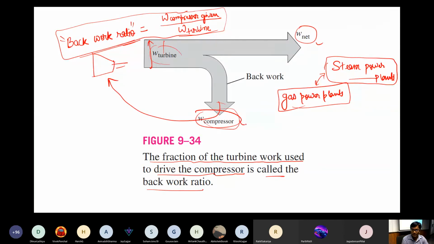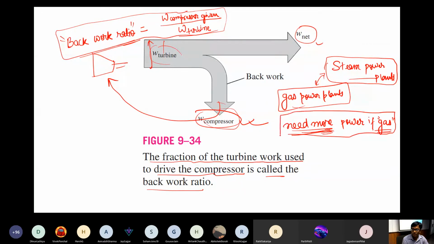This compressor needs more power if the working fluid is gas. What could be the reason? Let's not talk about the reason first, let's talk about what the advantage is. That is why we don't use gases to run a power plant